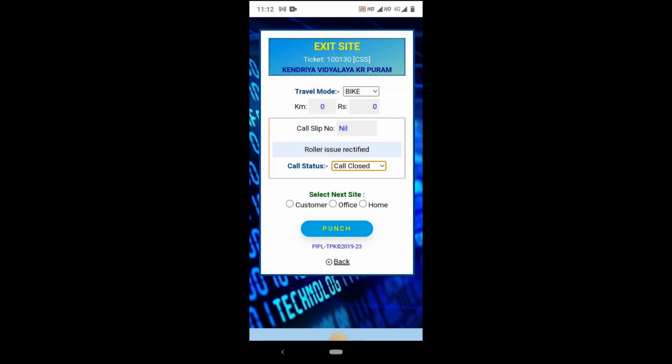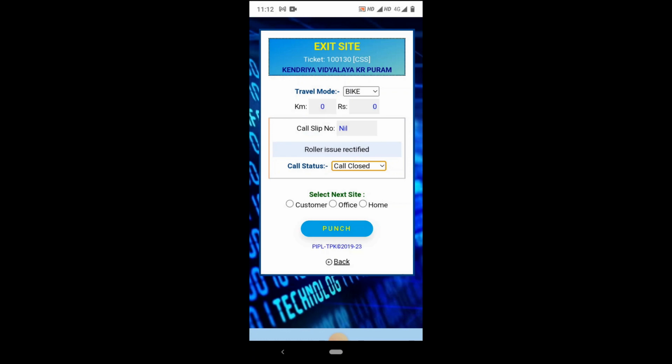If you are selecting next customer and punching, the same process will repeat. You can select the particular ticket number and attend another call. If office or home is selected, once you reach office or home, you have to punch as office reached or home reached. When you select home as the next site, the system automatically marks your attendance exit, considering this your last call of the day.